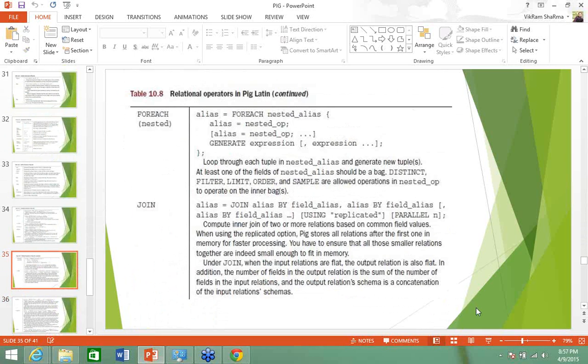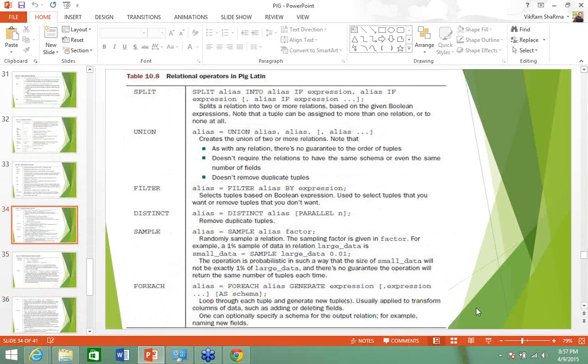So in the case of MapReduce, this join, split, all the functions are done internally. We can't set these join and split functions, but in the case of Pig, this function is already available to us. Whenever we want to join, we can use the join function. Whenever we want to use any of these inbuilt functions, we can use this one.